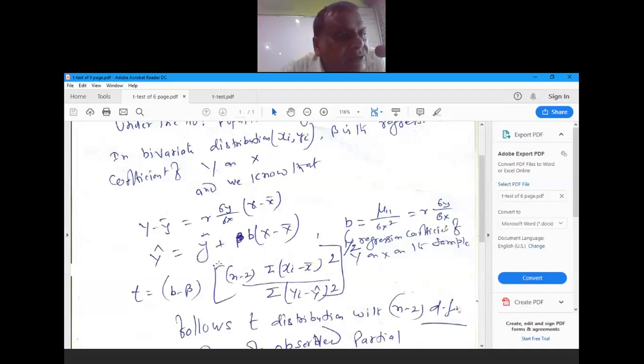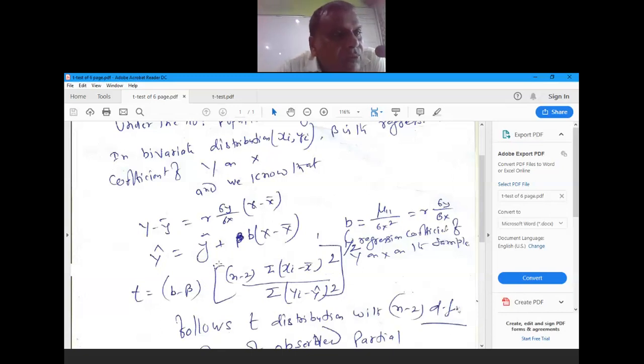So if there is a situation, if there may be possibility, if n1 is not equal to n2 and there is a possibility of n1 बराबर n2, यदि n1 is equal to n2, in this situation we apply pair t-test. So pair t-test, that t is equal to d bar divided by s upon root n with n minus 1 degree of freedom. So here di is equal to xi minus yi. Okay.